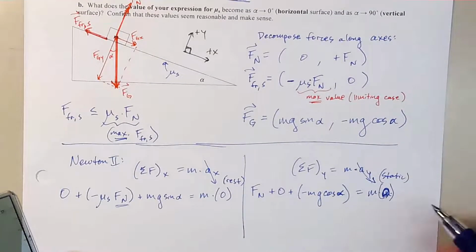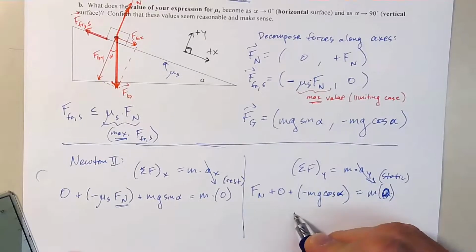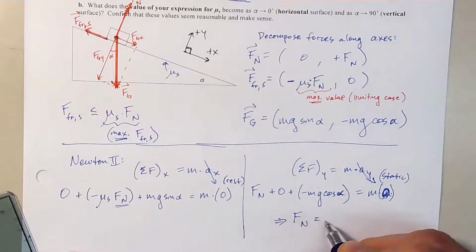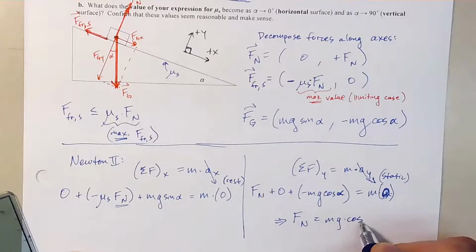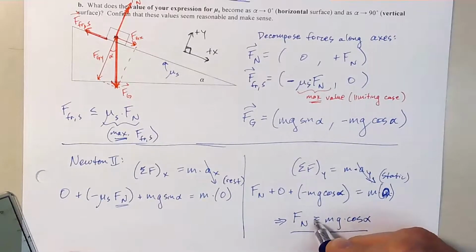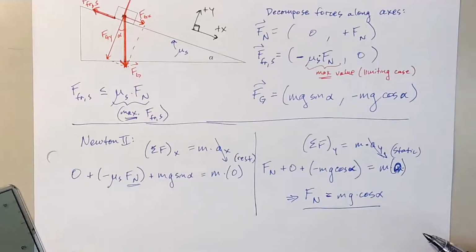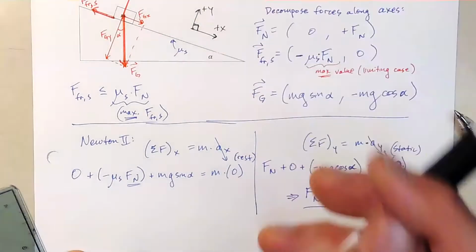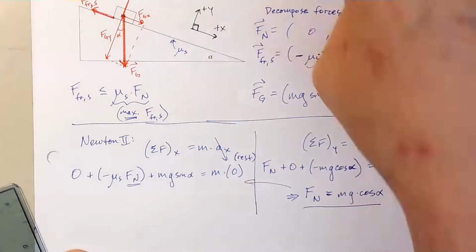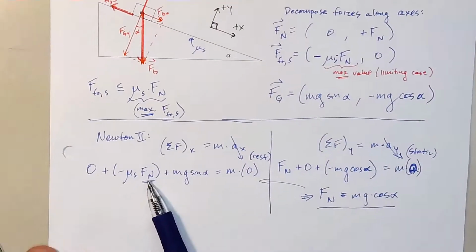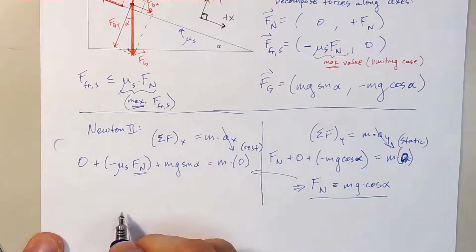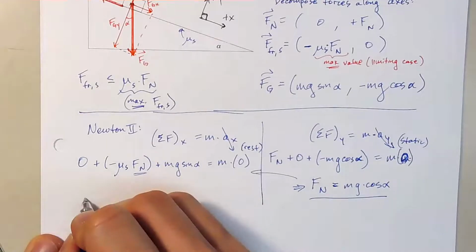Okay, so in that case, now we can see that the normal force ends up being just equal to mg cosine alpha. Aha, so that's the same as it was for the frictionless case and for the other friction case we solved for as well. So now we can use that in this equation over here for the x components, and we'll plug that in and we'll see what we get. So we get that,